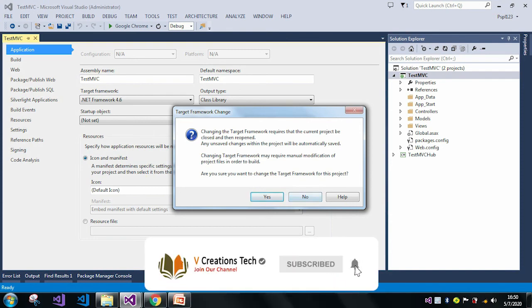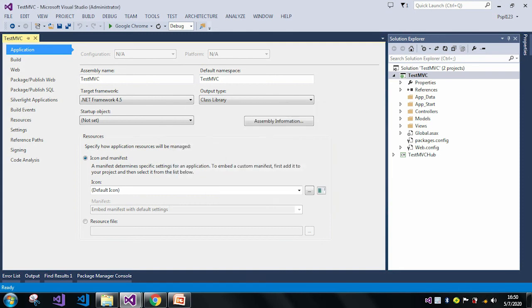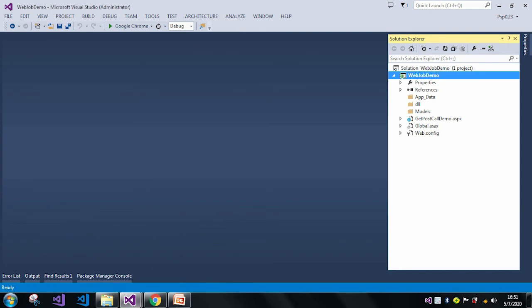Whenever you face scenarios like this and you want to change the .NET framework version, just change it here and click yes. This is my MVC application, but we can do this with ASP.NET applications as well.